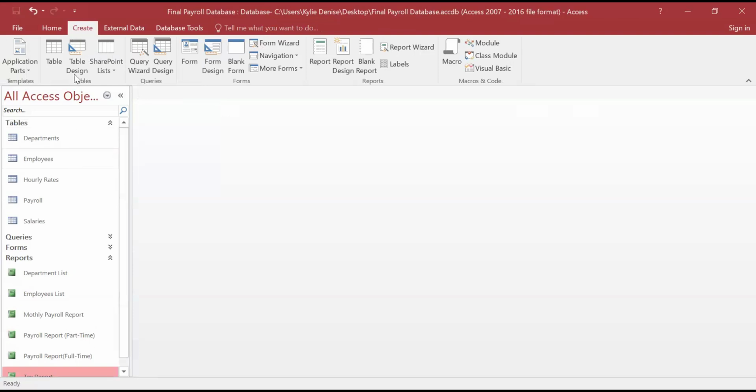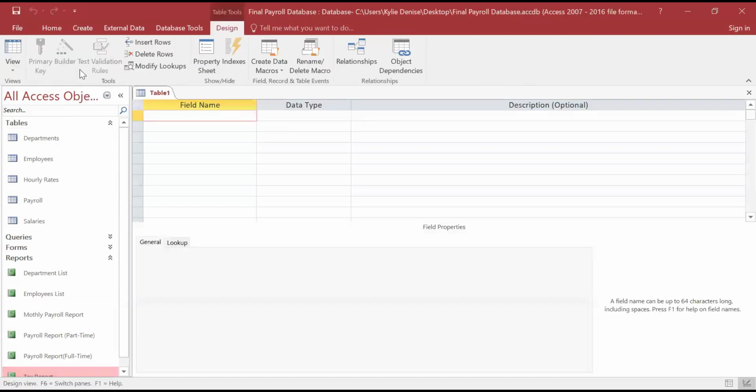Yeah, let's say we will create, what else we need? The benefits. Yeah, benefits. Let's say we'll create the other benefits for employees.